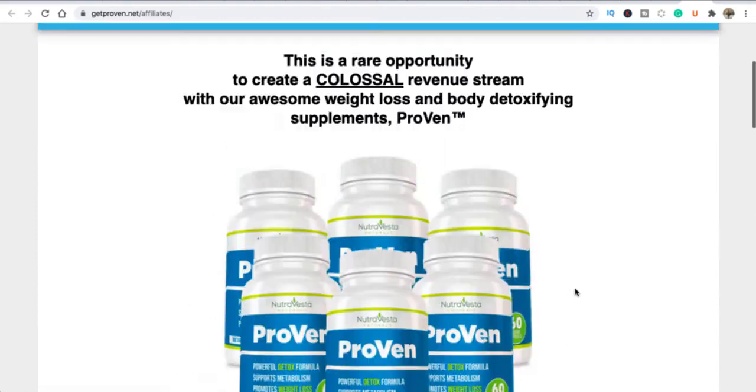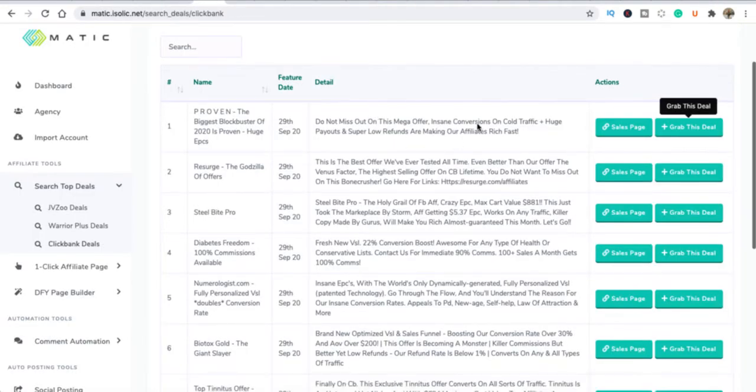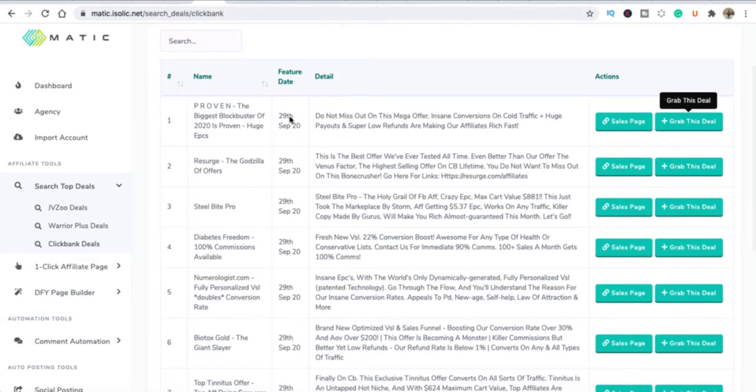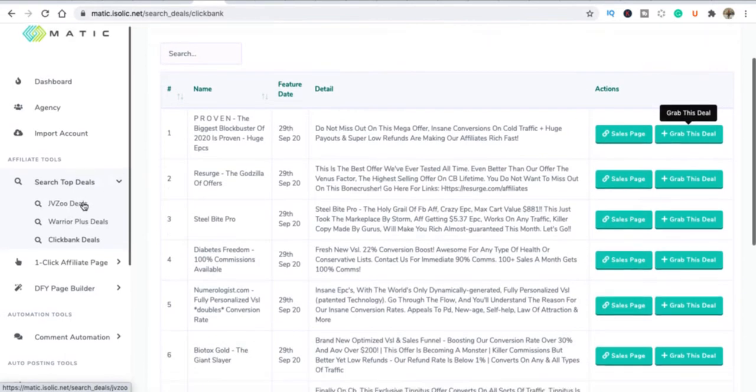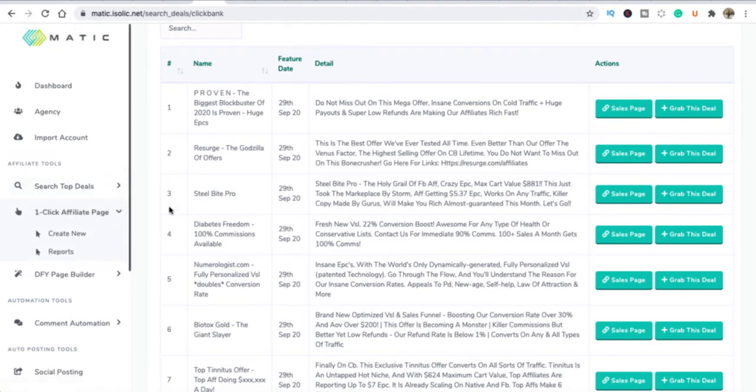But let's just go through this product itself. This is what it's actually doing. So I would get my affiliate link from there, and that's where I would start. Then you come down to the one-click affiliate page, and there's two options here. You can either have a one-click affiliate page, which is really your bonus page, and then a done for you